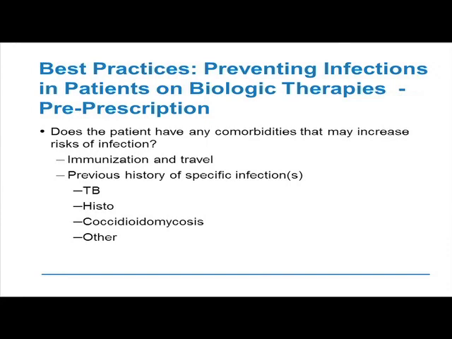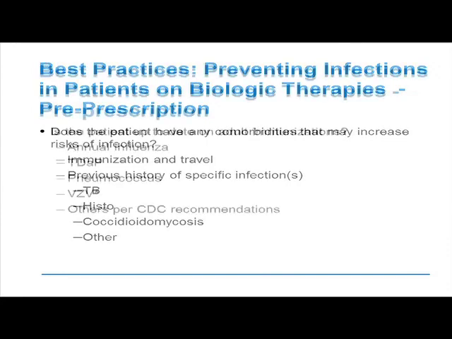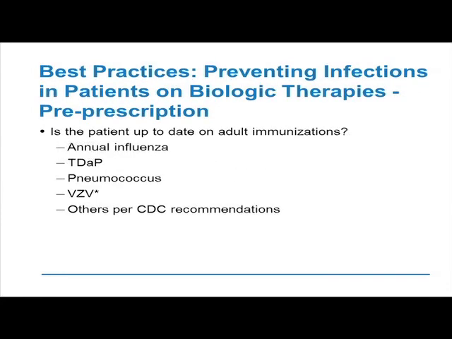Do they vacation on Cape Cod? Are they subjected to parasitic or borreliosis type infections? Also, reviewing their general overall health and vaccine recommendations, as I said, can complete the medical record and keep this